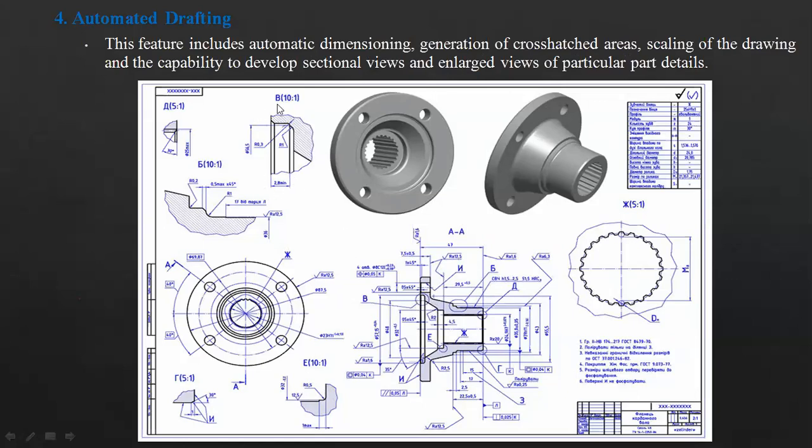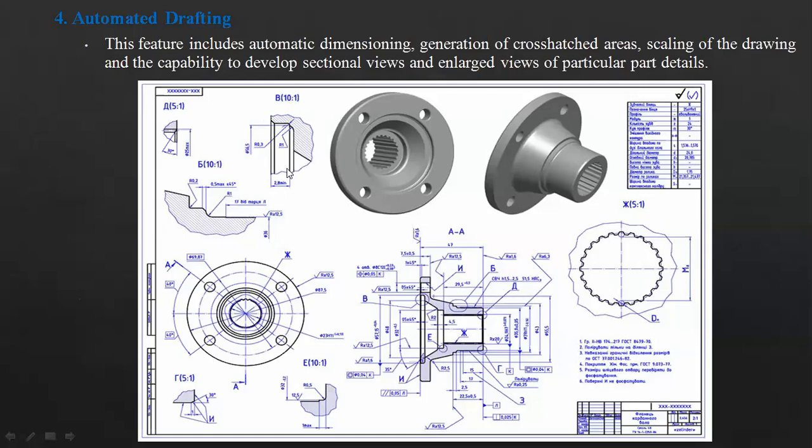Enlarged view, detailed view is what we call it, to have a look at the details, because that will not be very clearly visible in a standard view. So you will take some part of it which you want to see clearly. You want to have the dimensions of it to be able to clearly define it for manufacturing reasons.